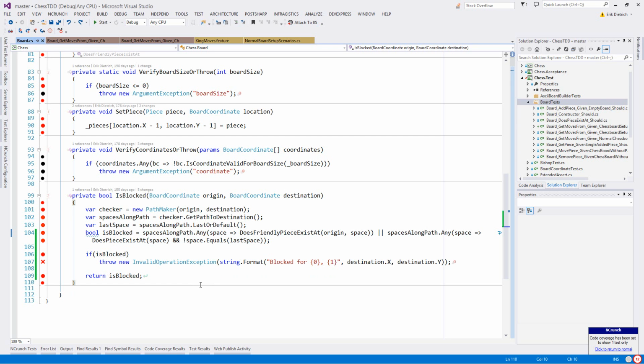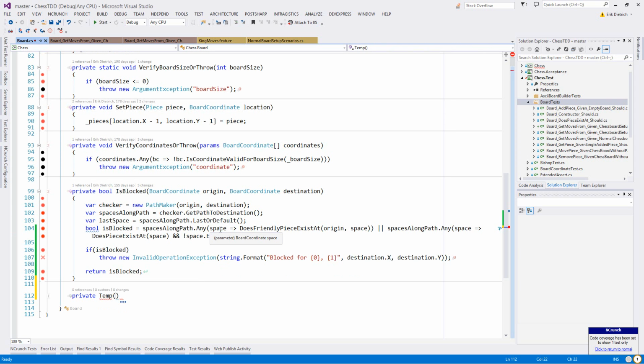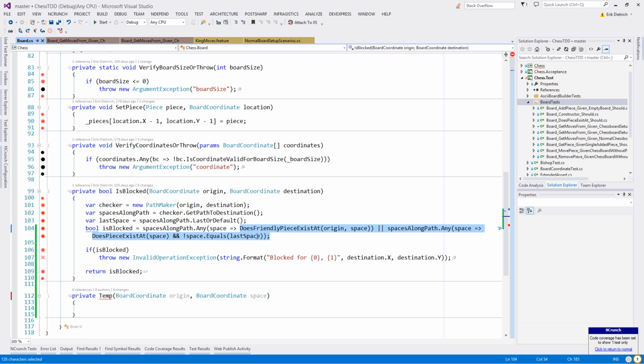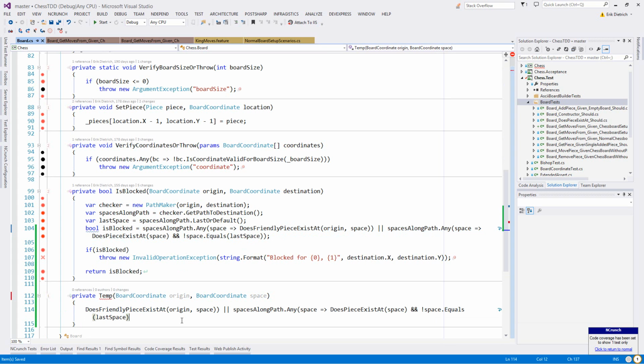looking for certain kinds of spaces along the path, I started to extract out a method, and I got it wrong because I think my brain didn't properly process the number of opening and closing parentheses here. So I thought that this was all one big any clause. So spaces along the path dot any, and then a lot of complicated stuff. But in reality, it's spaces along the path dot any, and then or spaces along the path dot any. So two different kinds of spaces along the path I'm looking for. One where there maybe is a friendly piece, and another where there is a piece and